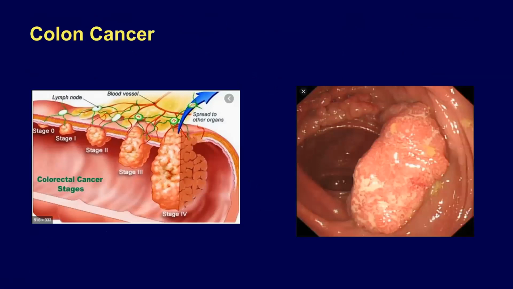Here in this graph, in these pictures, you can see the development of colon cancer inside the lumen of the colon on the left, and different stages of spread or disease. And then on the right, you can see a picture of a polyp that over time became a cancer of the colon. In the next slide,